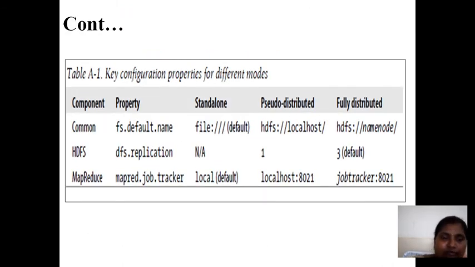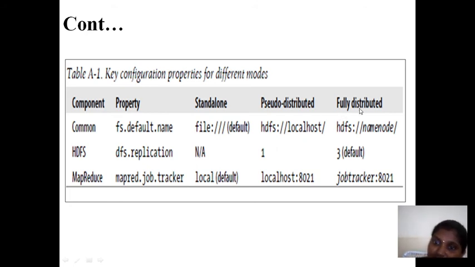See this diagram if you are able to understand. Common is a library one, right? With a collection of libraries we have. The default name is what they have given. The standalone system means a normal system without any HDFS or Hadoop concept. But we have a pseudo distributed one. We have a Hadoop, so for this the path is HDFS localhost.